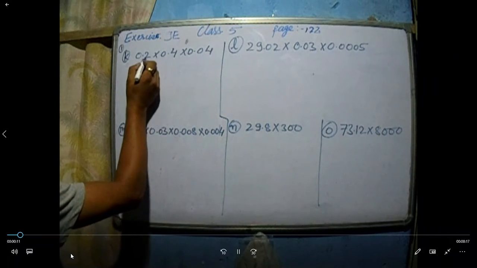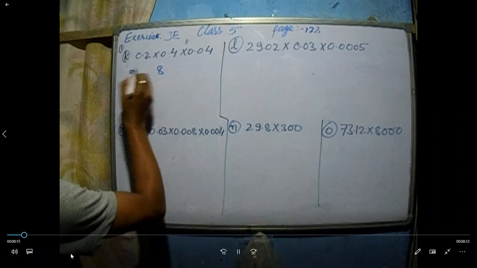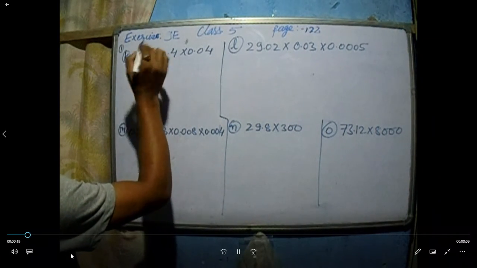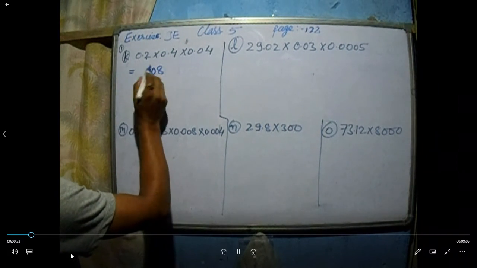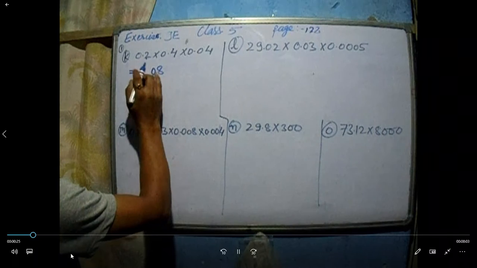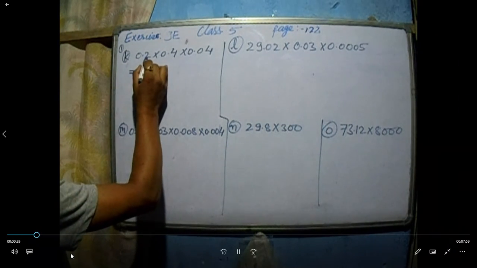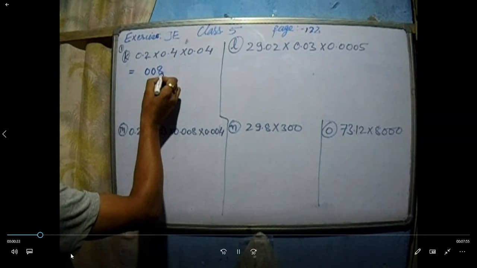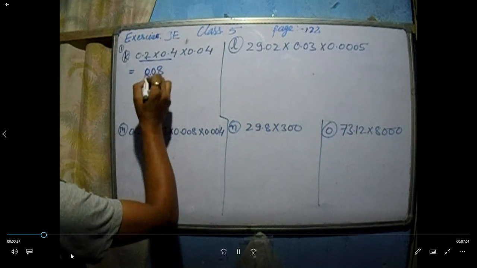You know the table of 2. 2, 4 is 8. You know that? 8. Keep some space, okay? After decimal 1 digit, after decimal 1 digit. 1 digit plus 1 digit, 2 digit. So, we should have to get... Now what you do? Here, I said after decimal 1 digit, or after 1, that is 2 digit. From back, here 1, 2. So you put it over here. These two multiplication will give you this.